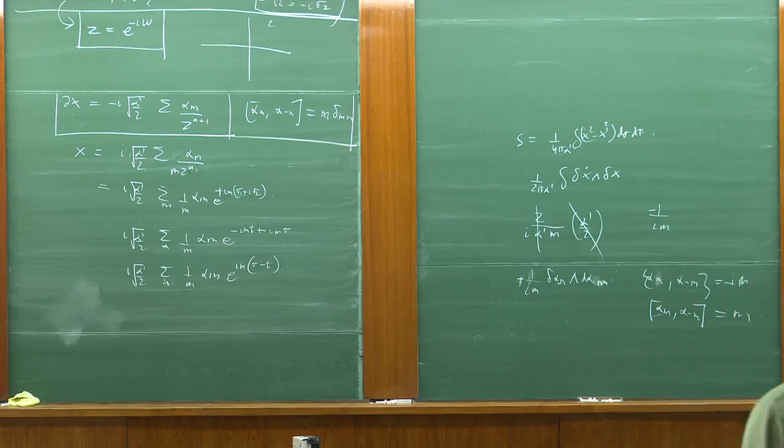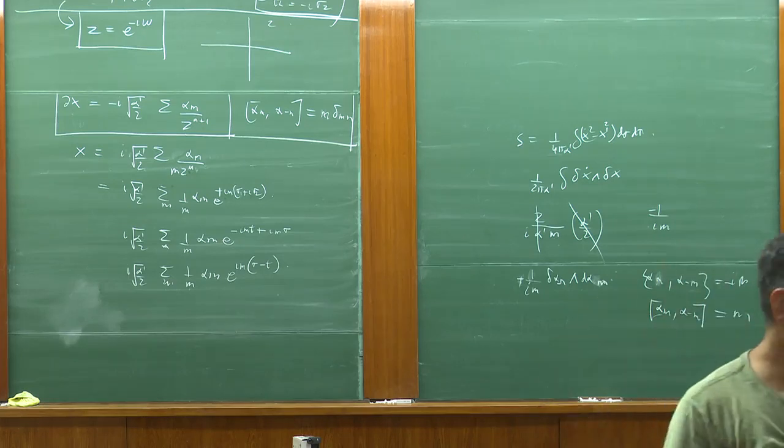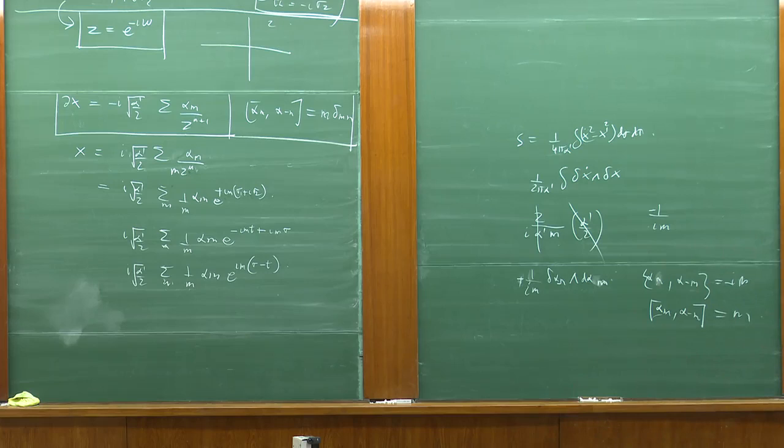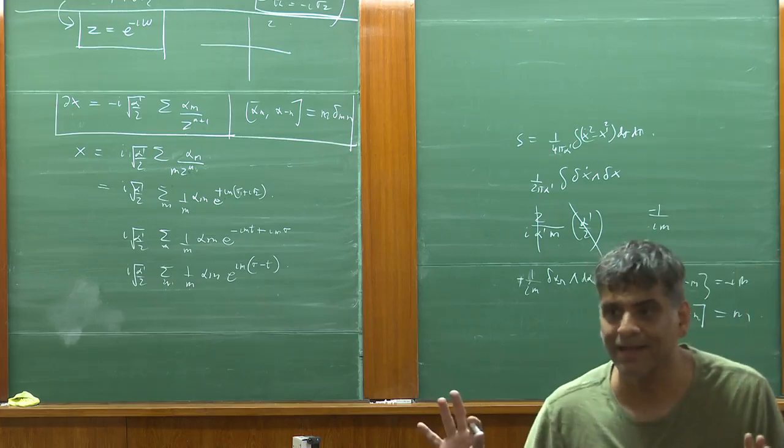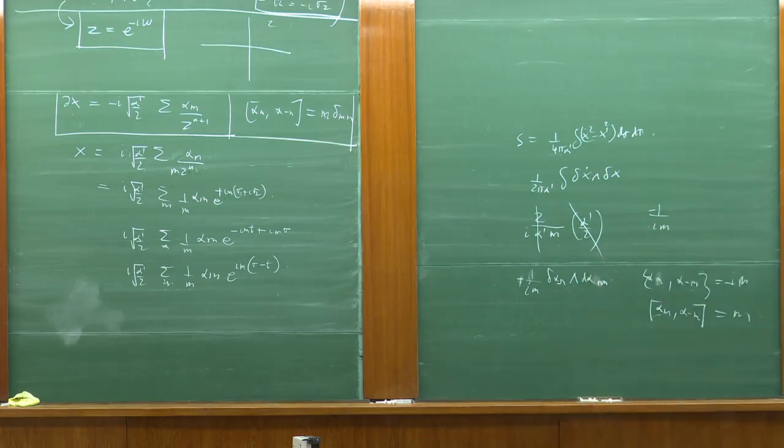Now, the main point I wanted to make from this discussion over the last 10 minutes, today's class, and the last 10-15 minutes of the previous class, we will have much better ways of checking the commutation relations. That was not the main point. The main point I wanted to make is that alpha m and alpha minus m on the cylinder were daggers of each other. Okay? In our expansion here,